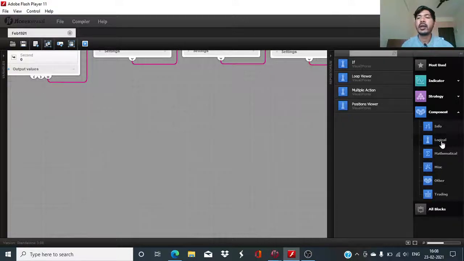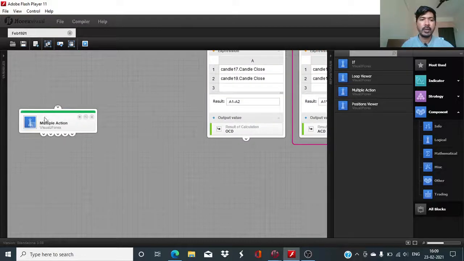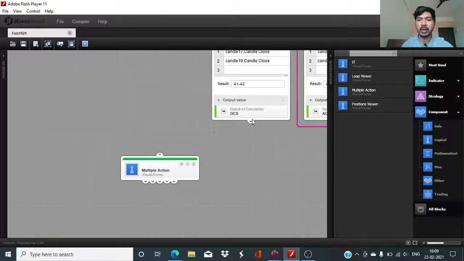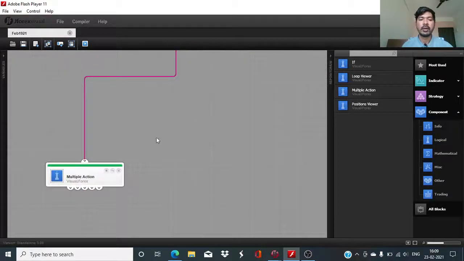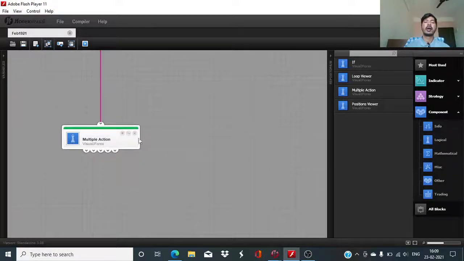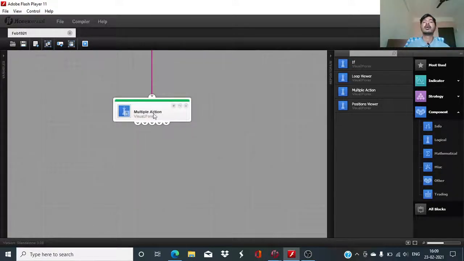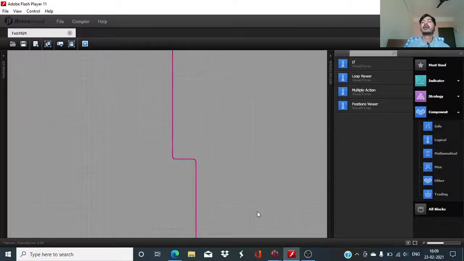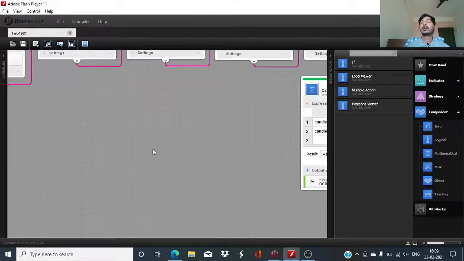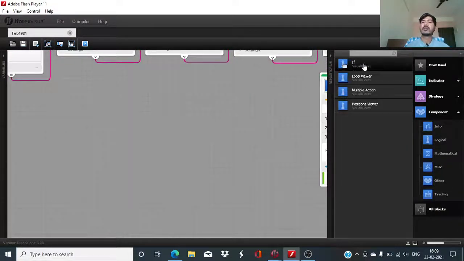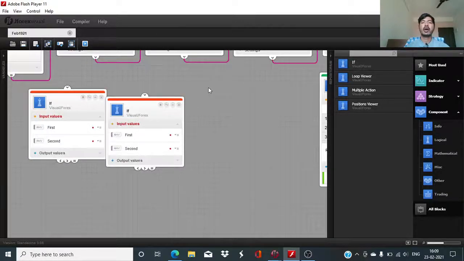So I will need the logical block, multiple action. I will be joining the flow here, but if need be, we will disconnect it. I will leave out some space as and when we will be adding the sell side setup. We will need to add certain blocks to define the conditions, and for that I am leaving out some space. Now